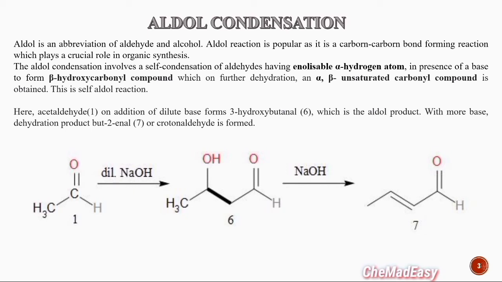Then the next question comes: how can we prepare an aldol? An aldol can be prepared simply from an aldehyde. You just put a base in an aldehyde and you will have an aldol. What type of aldehyde is required? Ionizable alpha-hydrogen containing aldehydes. Look at structure 1, acetaldehyde. After the carbonyl carbon group, there is a carbon moiety, CH3. That CH3 is alpha with respect to the carbonyl carbon, and it has three alpha hydrogens, and